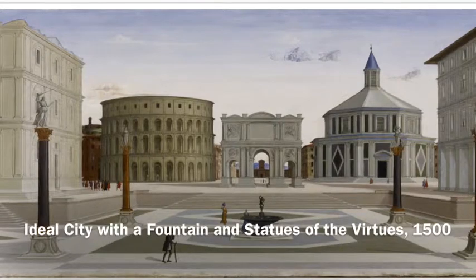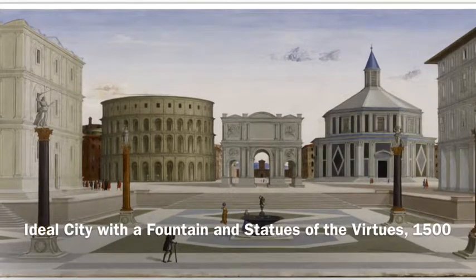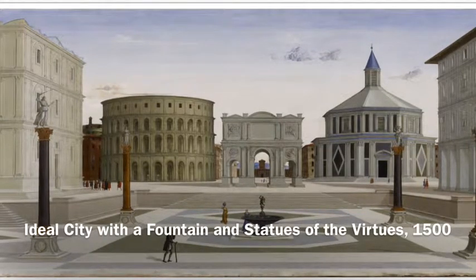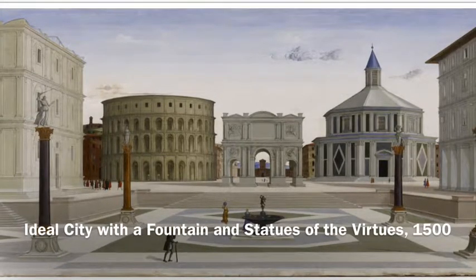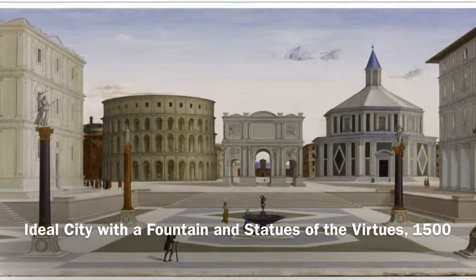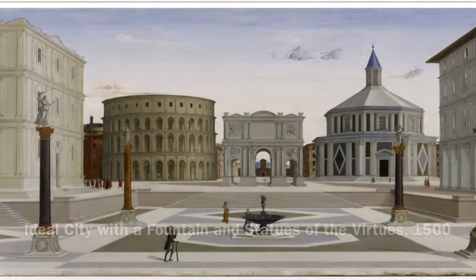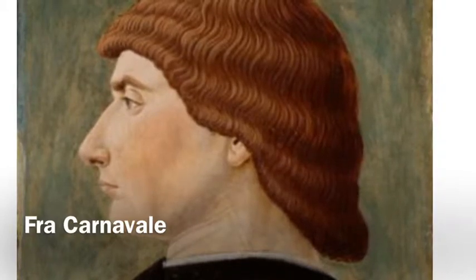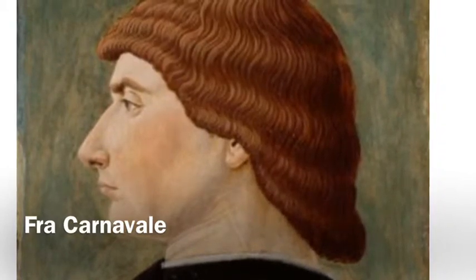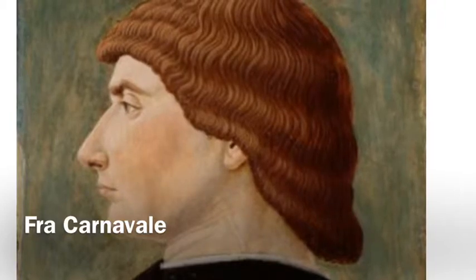And this image, which was actually commissioned by Montefeltro, who was the Duke of Urbino, depicts an ideal city with geometric buildings, tiny people, and calm weather. And this picture coming up here is Fra Carnevale. And the buildings on either end of the painting seem to frame the central action of the woman getting water